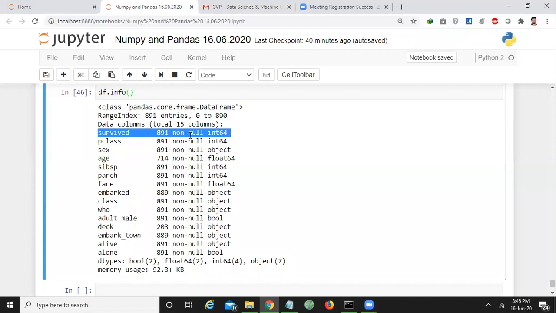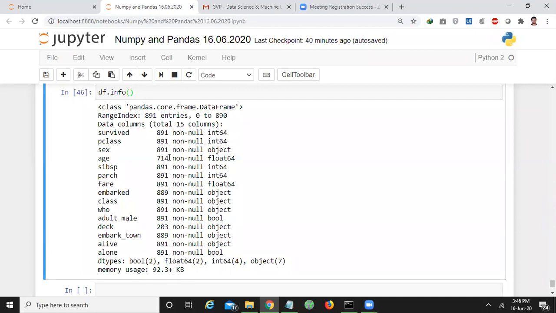Am I right? We have 891 passengers. If you take the survived data, all 891 passengers' survived data is there. Similarly, if you consider P class, for P class also we have all 891 passengers' data. If you consider age here, we have age information for only 714 passengers.